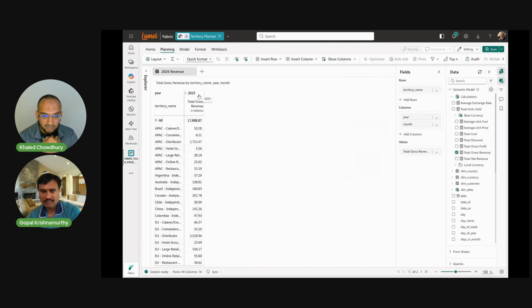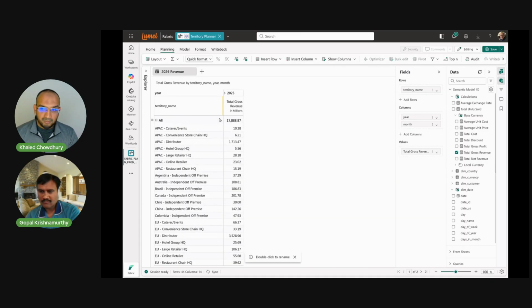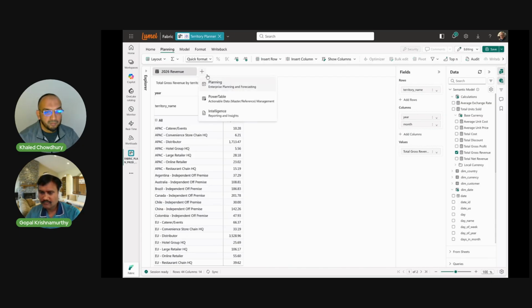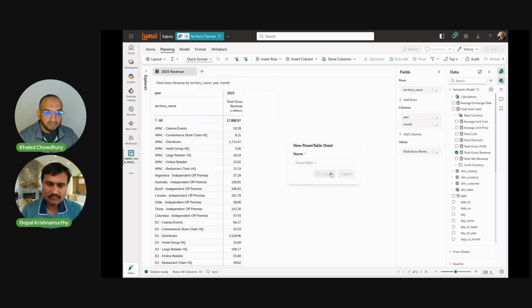This is great, but as you can see, the territory name contains a combination of region, sub-region, and customer type. I want to be able to plan hierarchically, but the source data does not support it. This is a common issue when working with planning or semantic model dimensions. But that's okay, because I can create a data management app using Power Table to add the missing data.